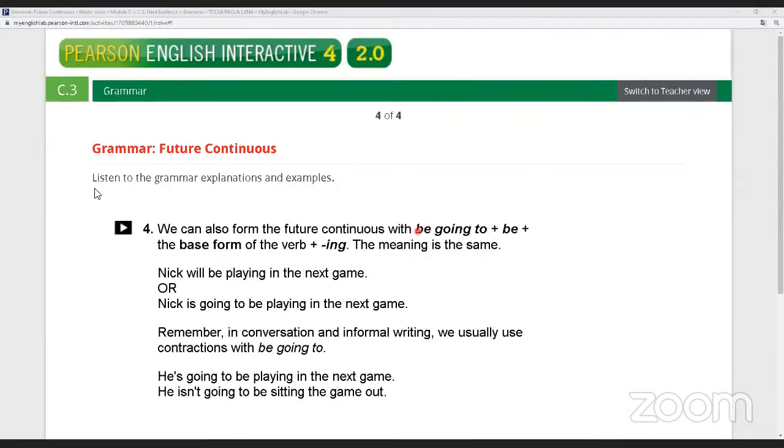Now we're gonna finish with point number 4. And this is what I mentioned before, the be going to. We have two ways to express the future. The first one is will, for things that we didn't plan. And the second, be going to, is something more planned. I'm going to be playing, right? Be going to is a plan you had before, and now it's going to happen in the future, okay? So let's listen to the audio.